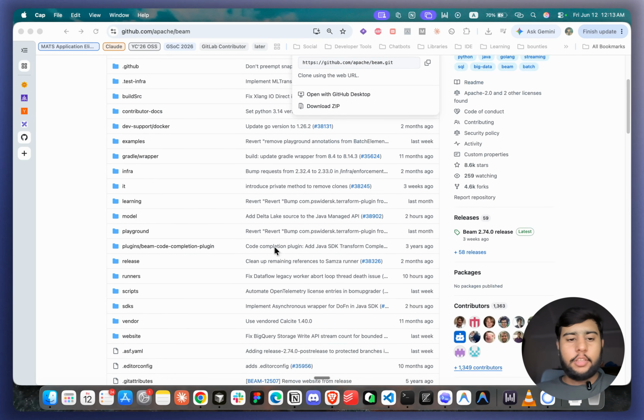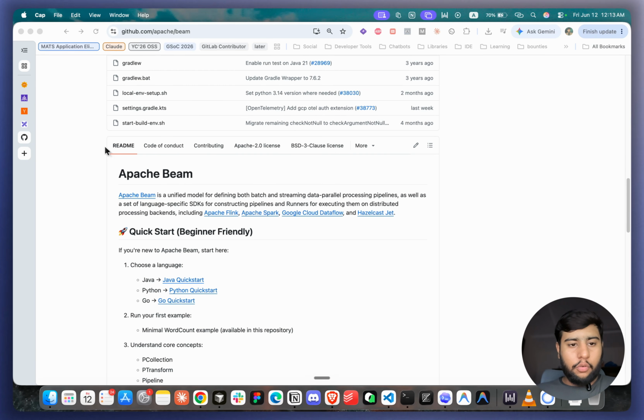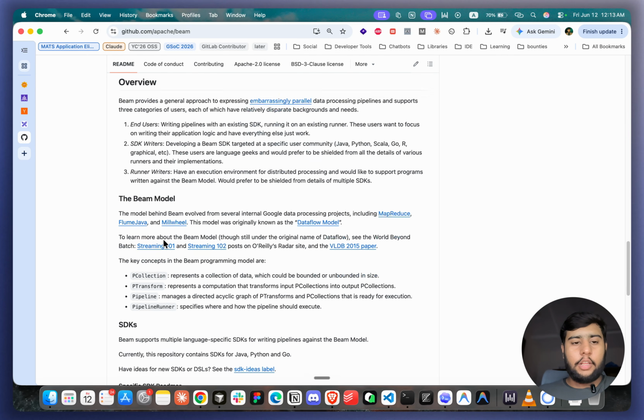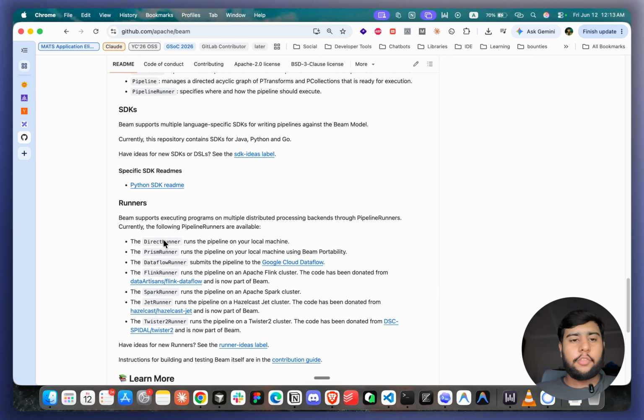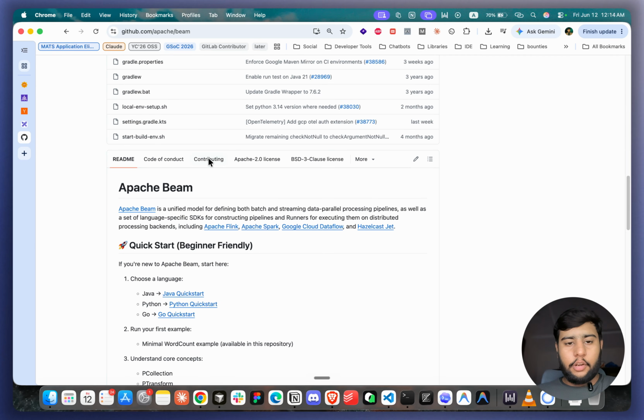The next important things are the contributing.md and readme.md files. If you go to the end, you can see the readme file, which has information about what this project is, how to set it up locally, and how to contribute to it. You can see all the information about this specific project, which is Apache Beam. And when you click on this contributing,